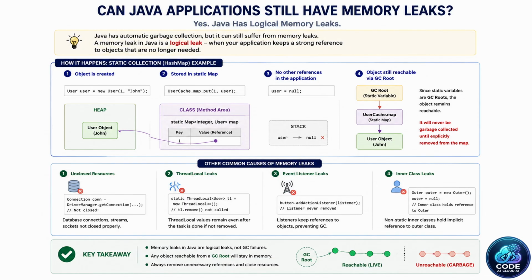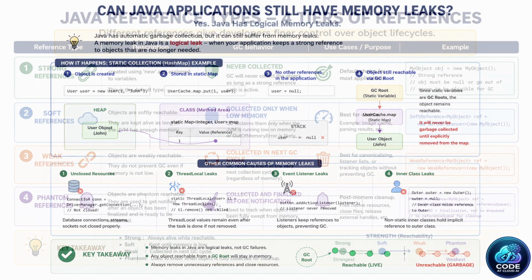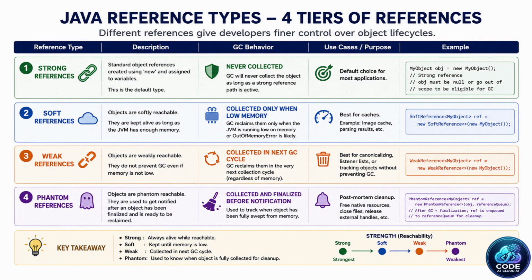To give developers finer control over object lifecycles, Java offers 4 distinct tiers of references. First, strong references, your standard everyday object instantiations. The GC will never collect them as long as the reference path is active. Second, soft references. These are kept alive unless the JVM is running completely out of memory, making them excellent for